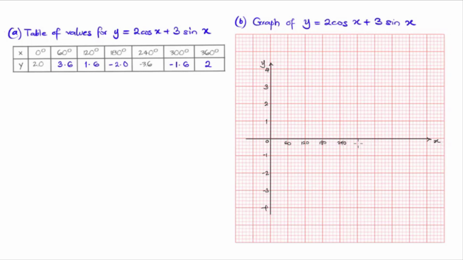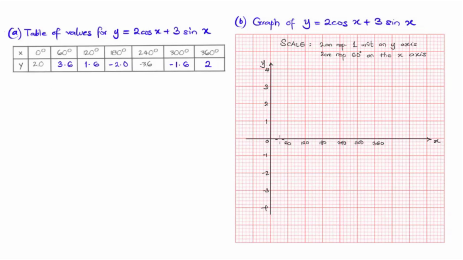So using the scale that we are giving, 2 centimeters to represent 1 unit on the y-axis, then 2 centimeters to represent 60 degrees on the x-axis. This is what our graph layout is going to look like. And the scale is that 2 centimeters represents 1 unit on the y-axis, while 2 centimeters represent 60 degrees on the x-axis. So with this, we can go ahead to use the values that we have in our table to